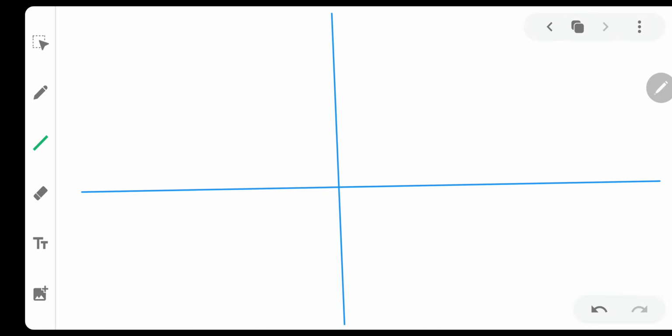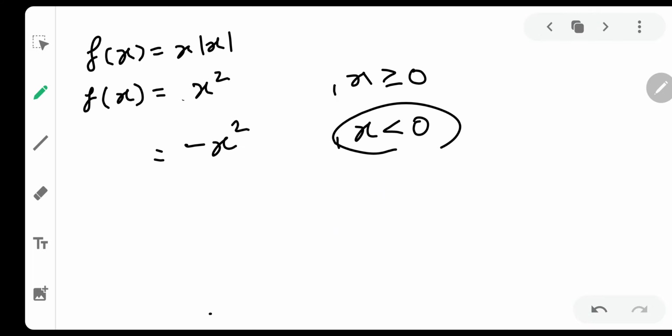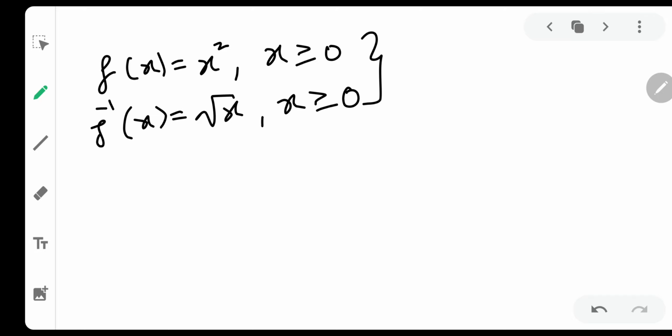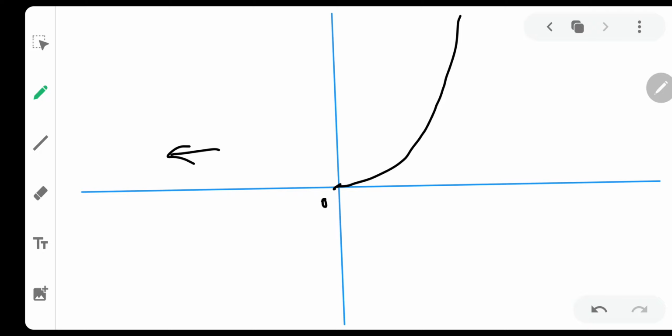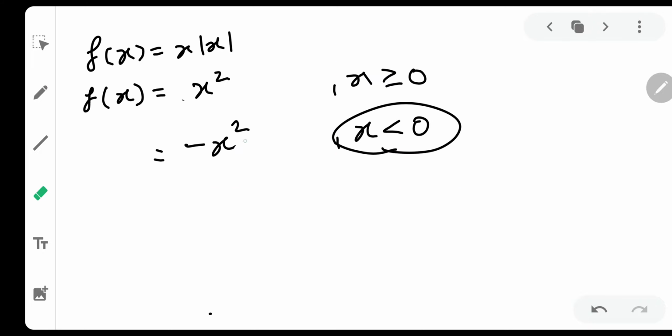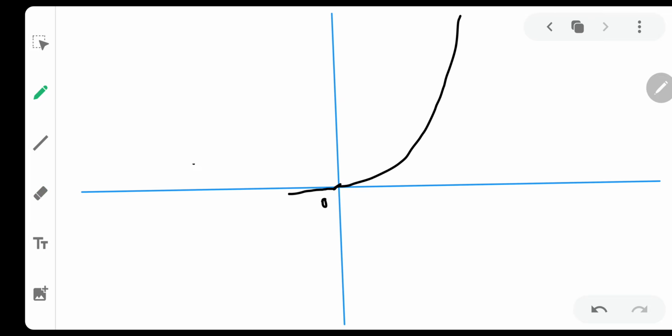So this is our graph. First of all, when x is positive, to the right side of 0, we need to find x square. So this will be our x square. Very nice and neatly drawn. Now if you have some logic and common sense, you will understand that x negative means towards the left hand side, over here, right? But it is not x square. It is minus x square, which means the value of y will be negative. So the negative value of y can be drawn something like this.